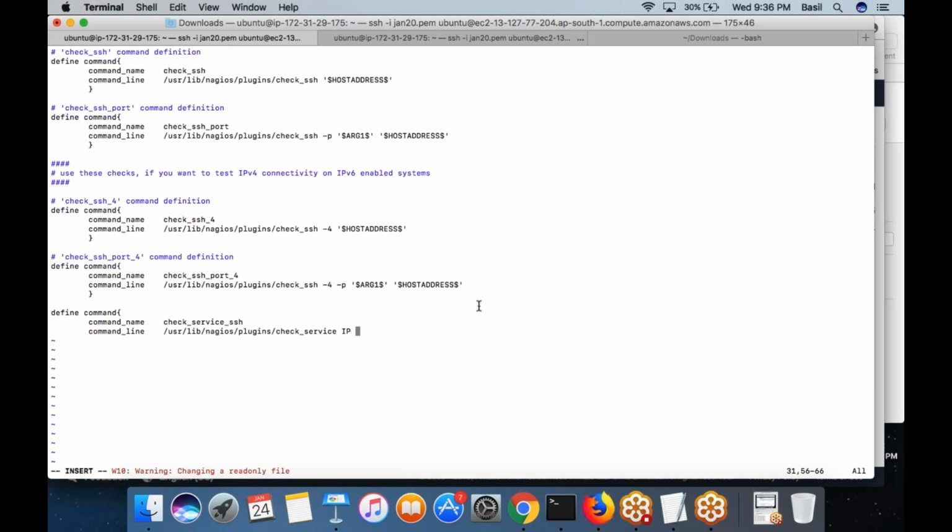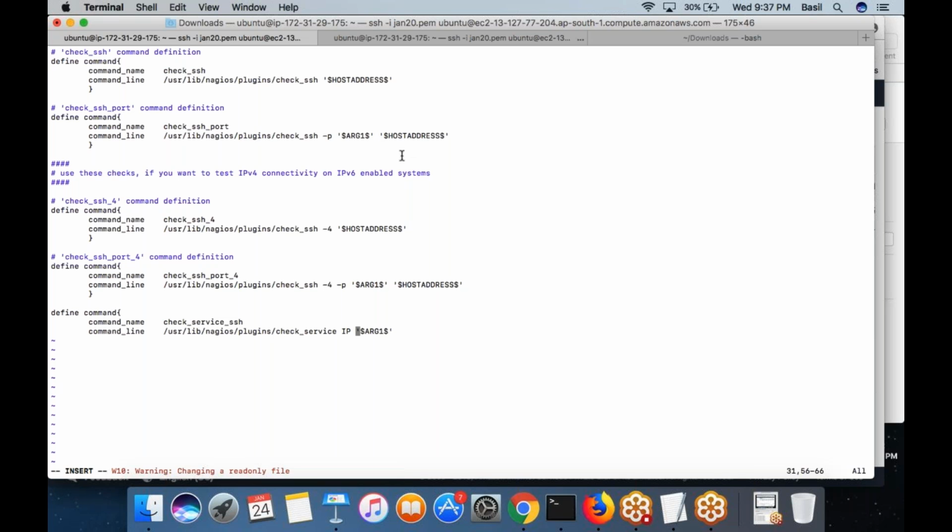Okay, so argument one is what? The service name. How about the machine IP? How you will get it? Actually, even if you don't pass any explicit argument from the service definition, automatically one argument is passed, not just one.